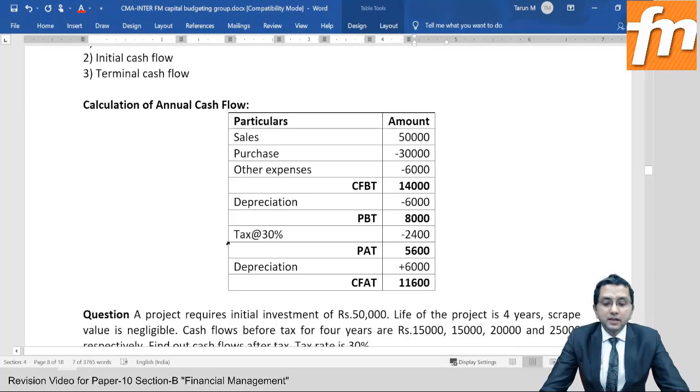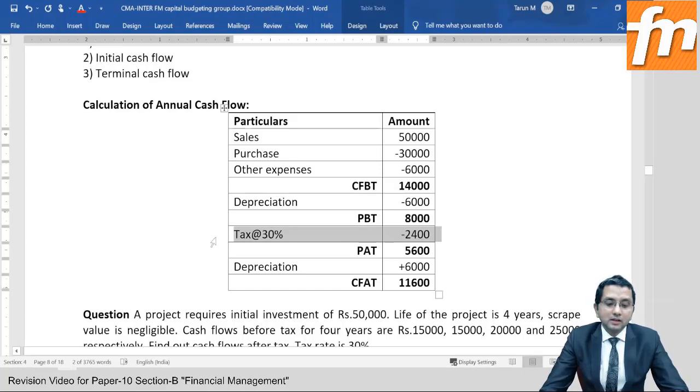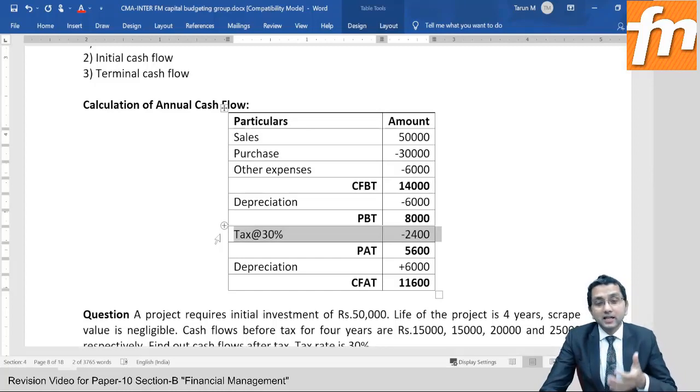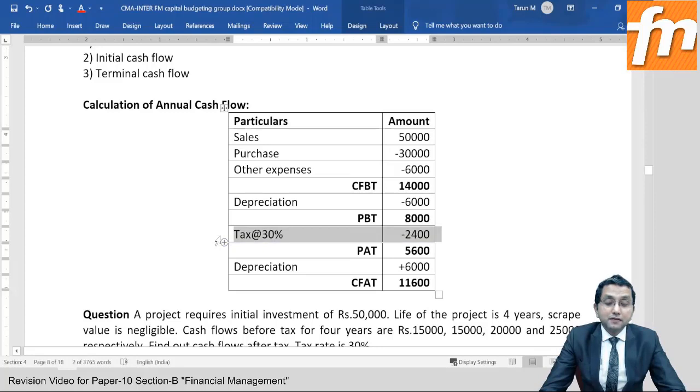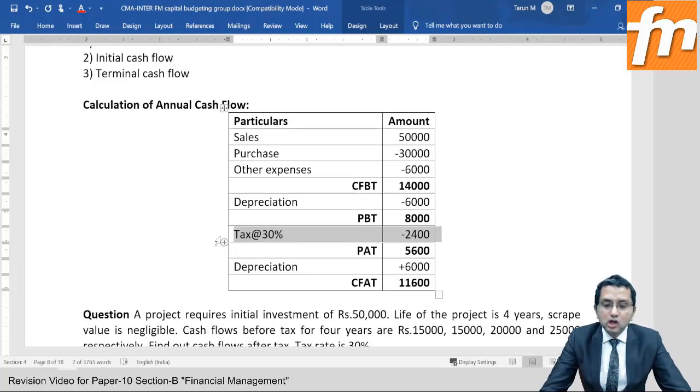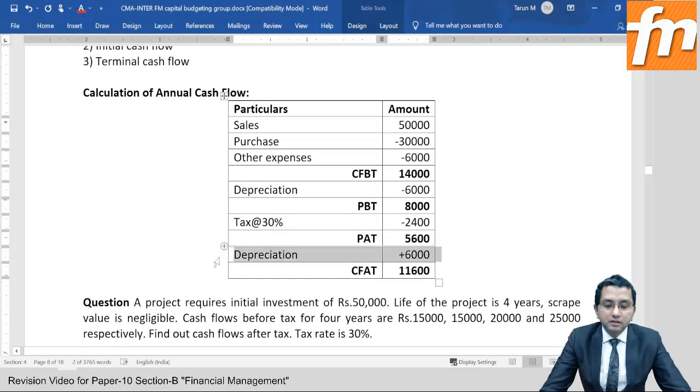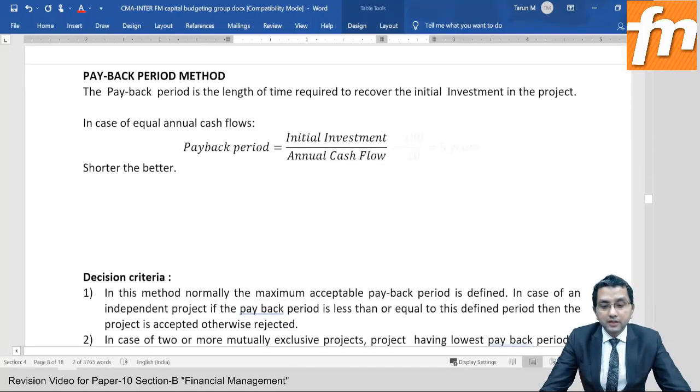If somebody asked me to adjust working capital outflow here, I'll not deduct outflow due to working capital before deduction of tax. Otherwise, I will be unnecessarily taking tax benefit on working capital, which is actually not available. So if you want to adjust working capital cash flow, it should be after treatment of tax. Be careful. It should be after treatment of tax. It means here or here or here, you should treat working capital cash flow.